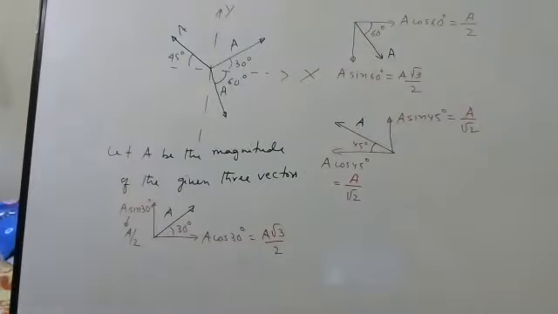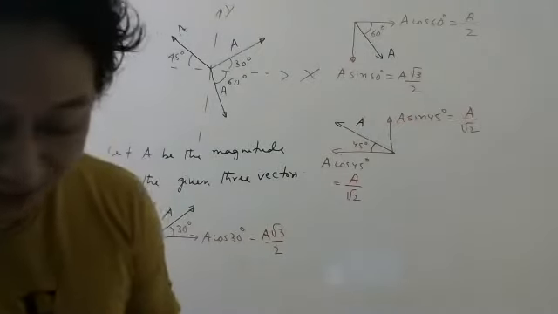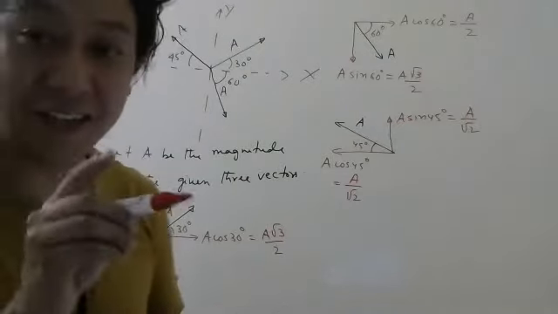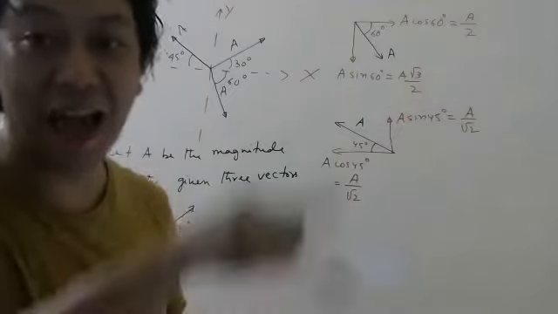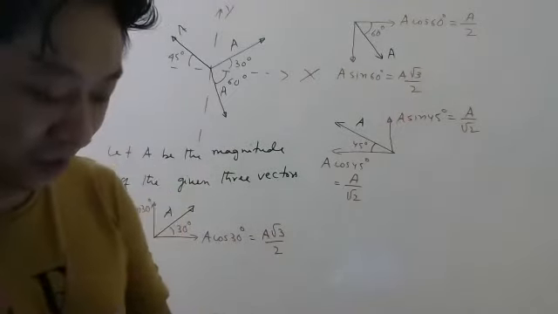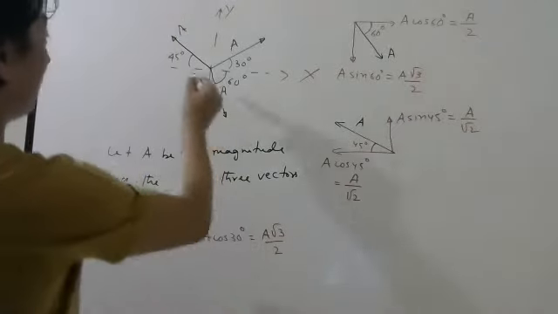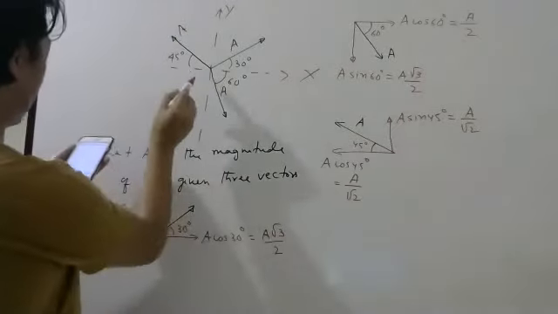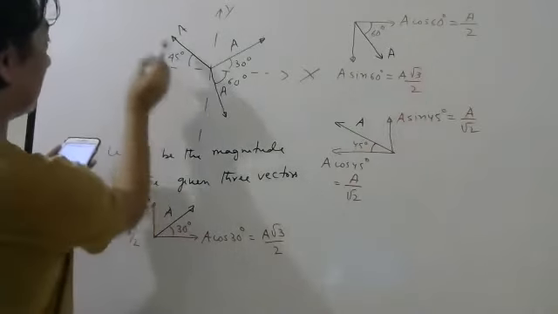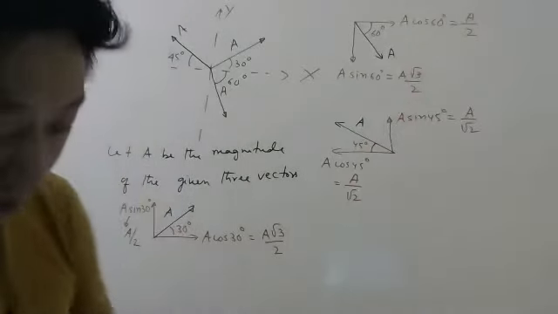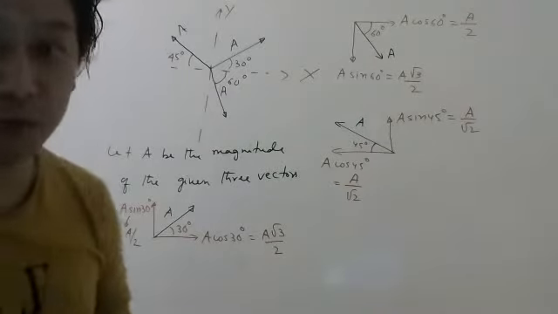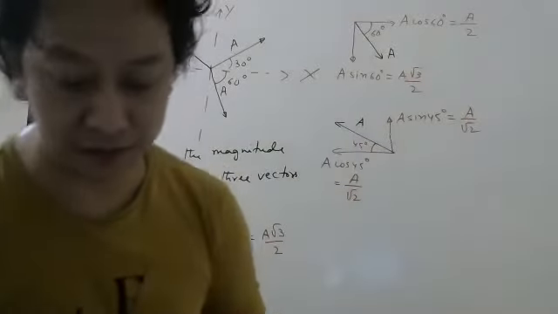Okay, now be careful. They are not asking you the resultant of the three vectors, so don't just add the x components. Because in the question, if you see, they want the direction of which vector? This vector plus this vector and minus this vector. The minus sign is there, so we have to be careful. We can't just add all the components.